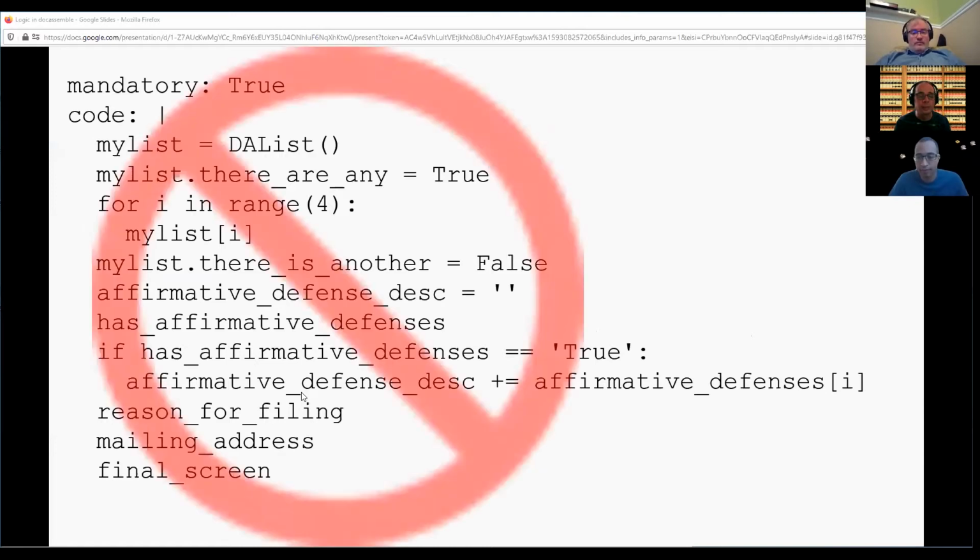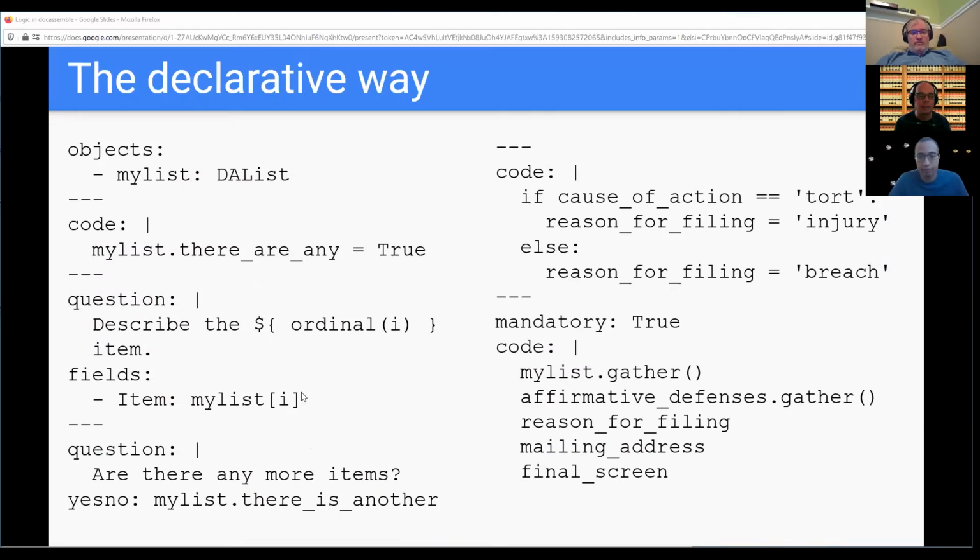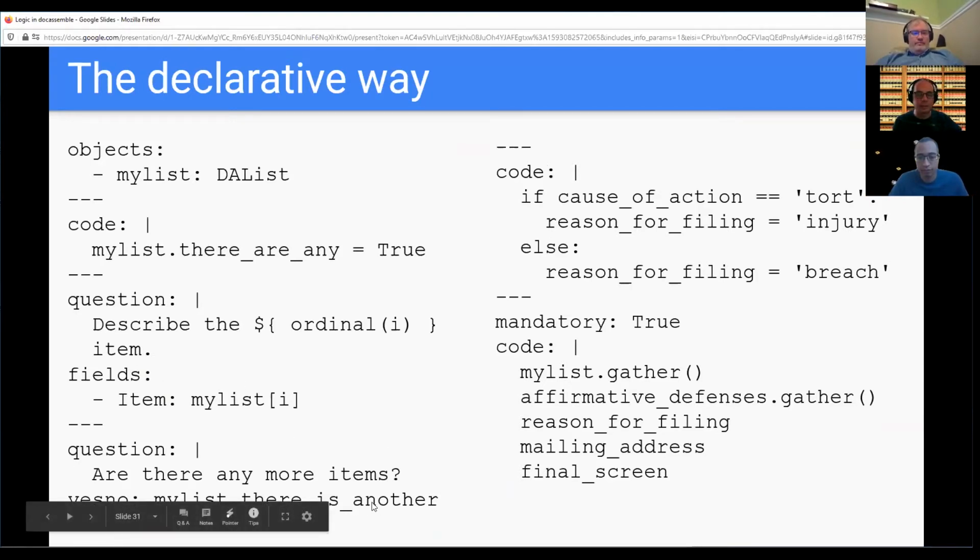And it'll be difficult to use. So I think the thing that you want to embrace is writing short little code snippets that just declare things. So if you've got a list, just have an objects block that declares that my list is a DAList. If you've got an attribute that you want to define, write a short little code block that says what it should be, and then have a block that defines how to answer the items for an item of the list. Have a block that defines whether there is another item in the list,